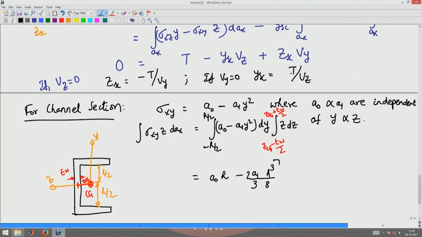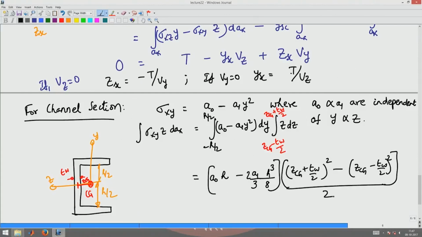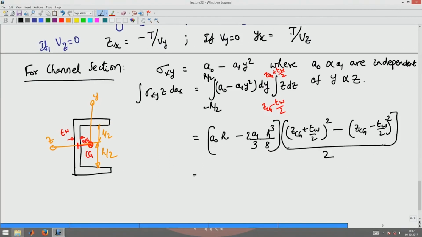That is this part, and the Z part will be ZCG plus Tw by 2 whole square minus ZCG minus Tw by 2 the whole square by 2. So, this will be A naught H minus A1 H cube by 12